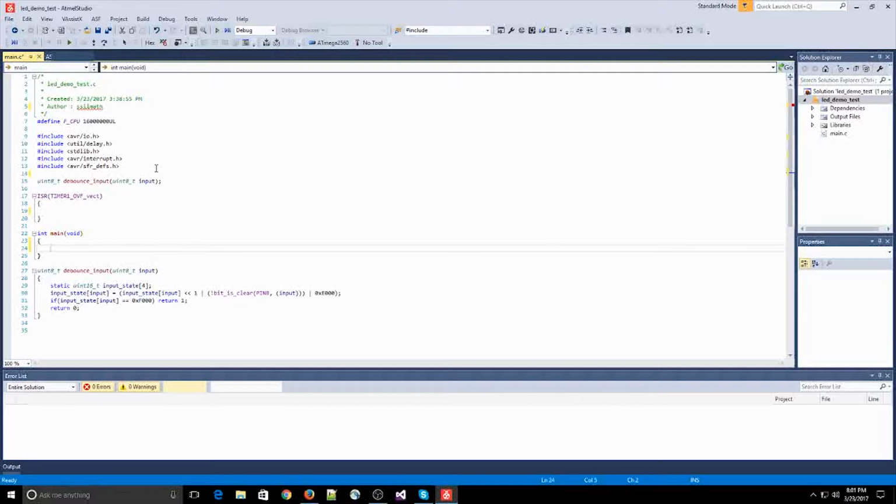I've opened up Atmel Studio 7, which is where we're going to do all of our editing. It's a little bit wonky right now in the UI, I'm not sure why, but we'll bear with it. The device we'll be using is an Arduino Mega 2560, which uses an ATmega2560 as the core chip. And our objective is to have 4 LEDs that will blink on and off again